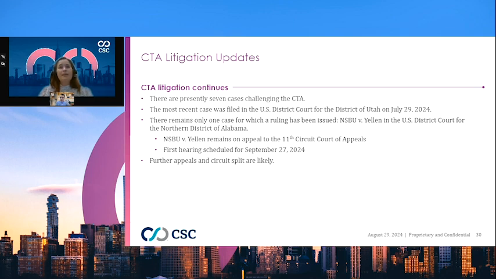As anticipated, the case is currently on appeal to the 11th Circuit, and a hearing in this case is scheduled for later this month. There are at least six other constitutional challenges filed in district courts across the country. Most recently, a case was filed in the District of Utah at the end of July. We can anticipate that different courts and different circuits will come to different conclusions on constitutionality, and that'll set us up for further appeals on the issue. At this point, however, I find it highly improbable that we'll have a final judgment on constitutionality before the end